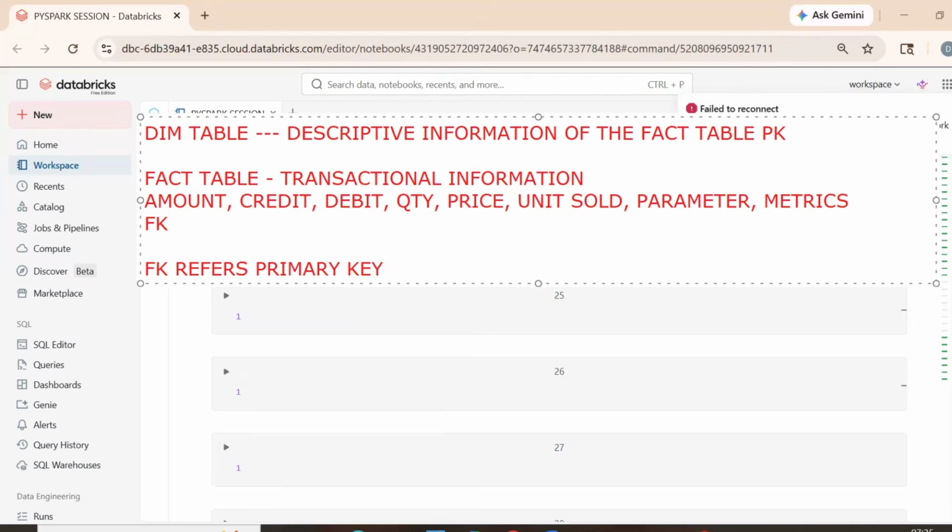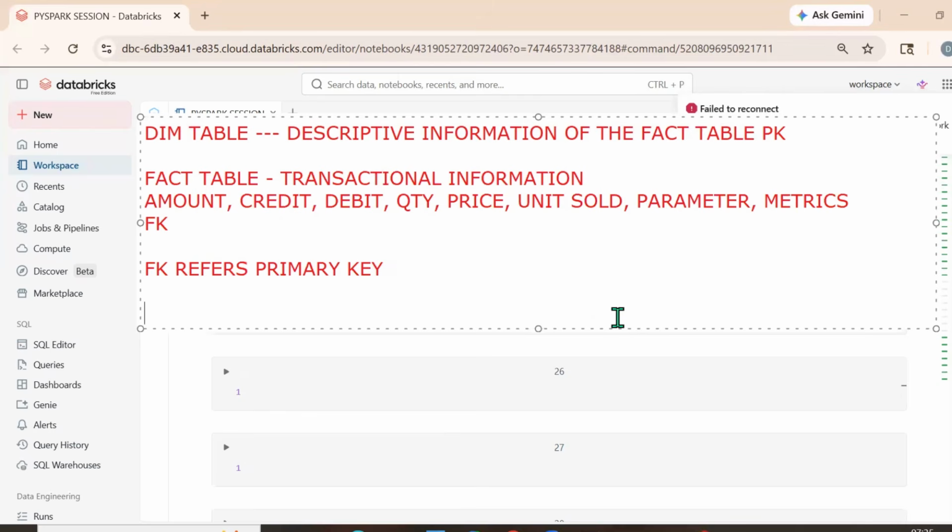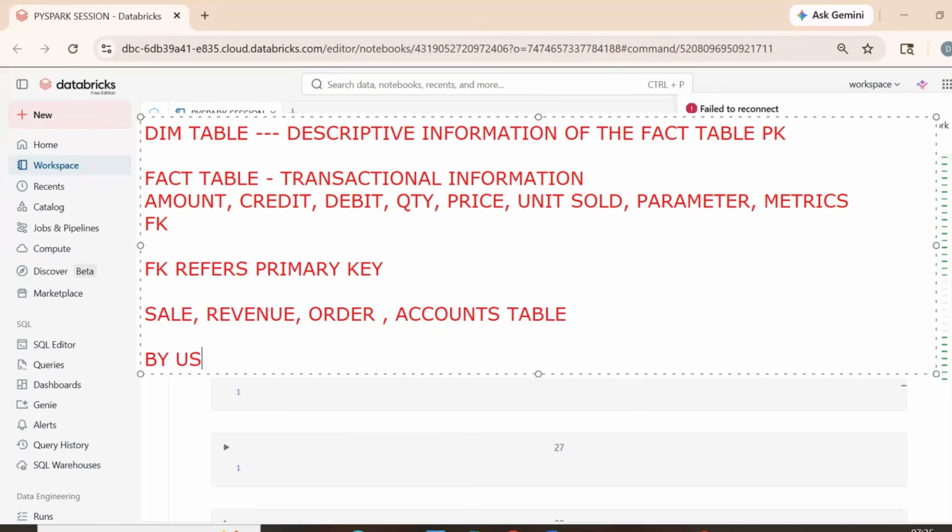So in general, in an organization, the tables are arranged in such a way that descriptive information goes to the dimension table, and transactional information goes to the sales, revenue, order, or accounts tables. All these tables contain the transactional information. So how do we join? What is the usage of join? By using joins,